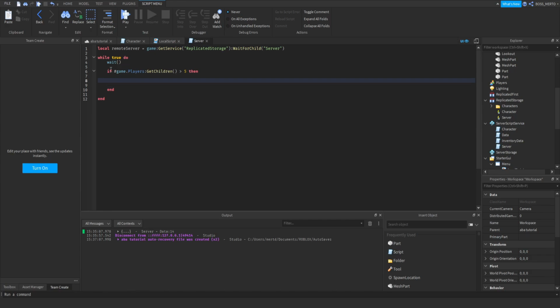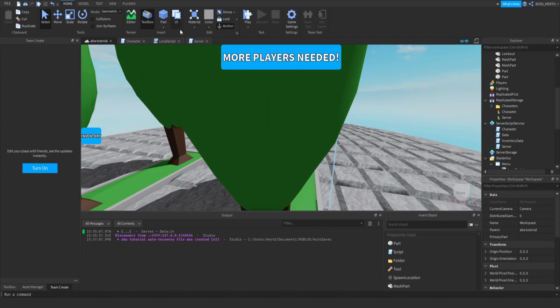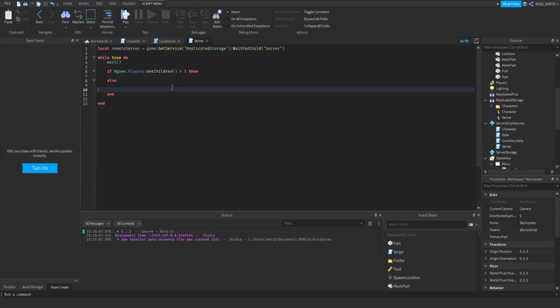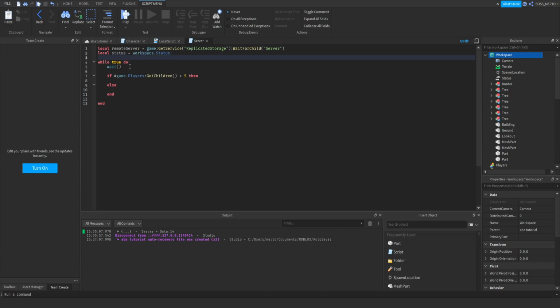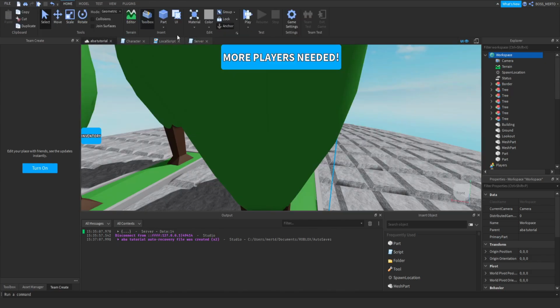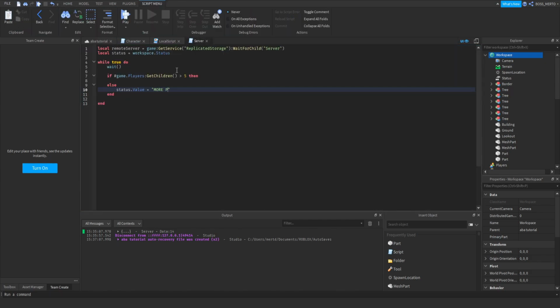Wait, so this case right here is when there are enough players. Let's script the opposite case, so when there are not enough players, which is our case as for now. So else, local status. So let's refer to the string value we have just created. Status, workspace.Status, okay. Status.Value. More players needed. Yeah, more players